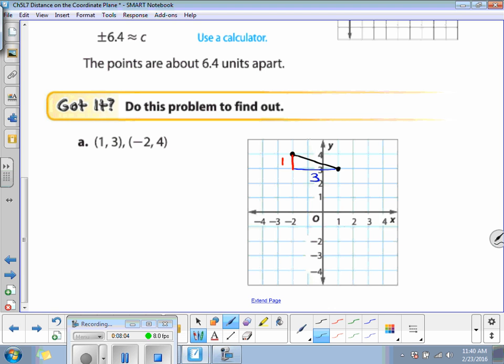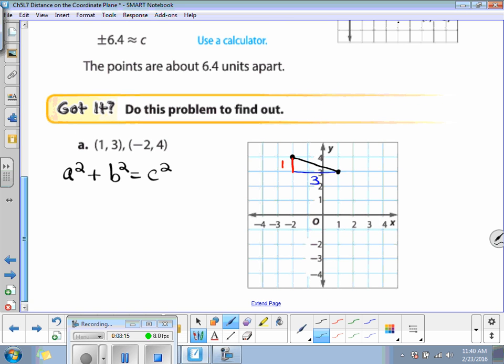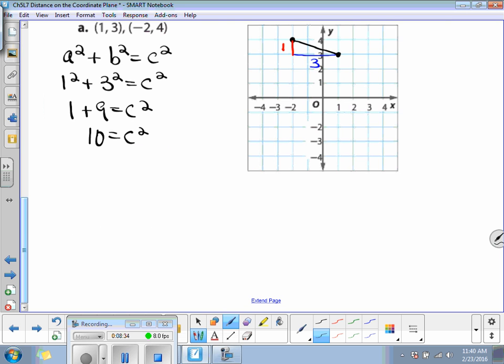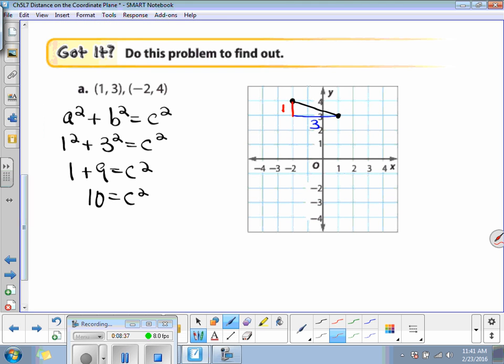All right. So now we can use our Pythagorean theorem, which is A squared plus B squared equals C squared. Okay? And either one goes in for A and B. So we've got 1 squared plus 3 squared is equal to C squared. So that's 1 plus 9 is equal to C squared. So 10 is equal to C squared. Then to get the C by itself, we will take the square root. Very good. So C is equal to,